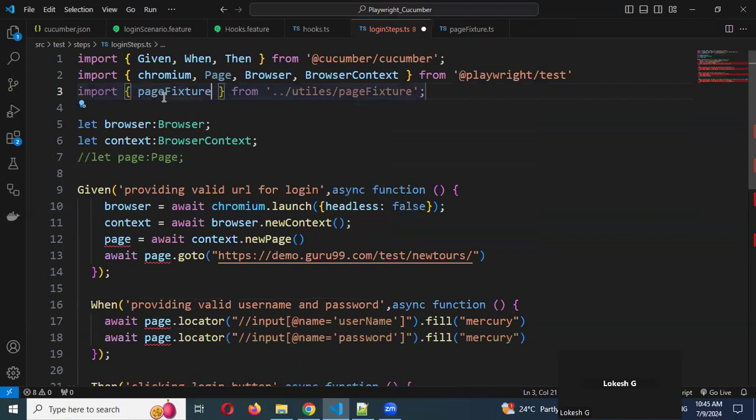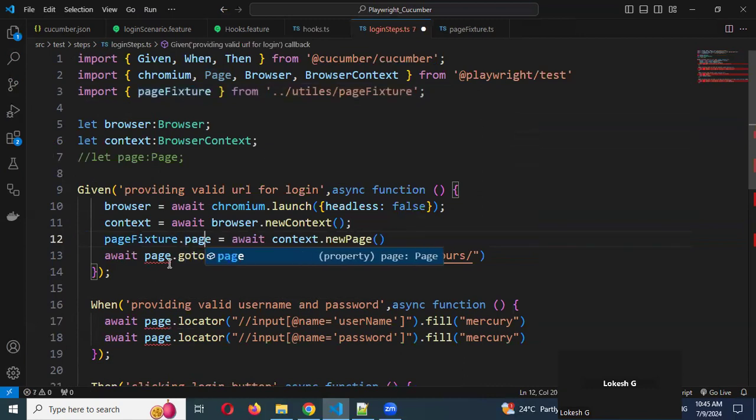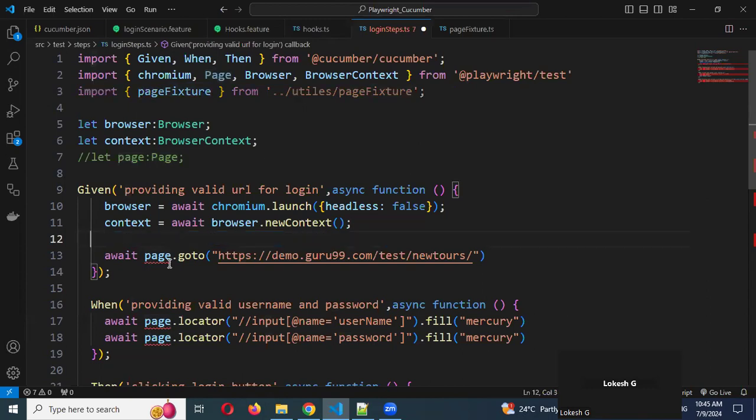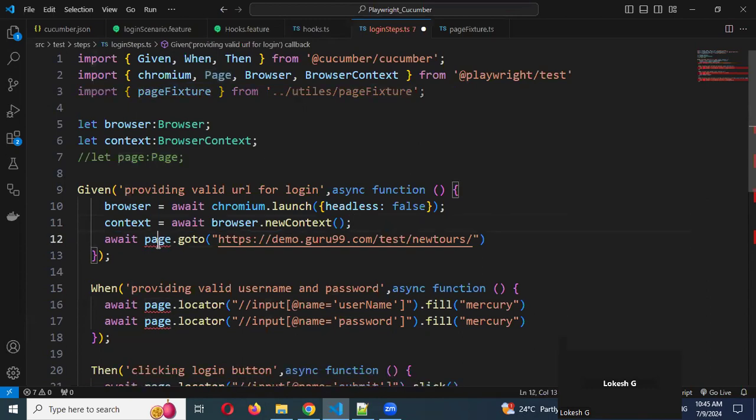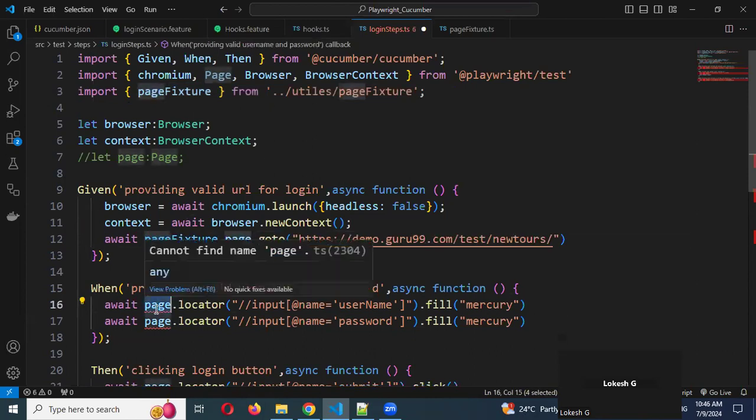Okay, and then I'm going to use this particular one to mark it here dot page. Okay, this is not required here because there's no need to create it again, and we can directly hit it here as well,